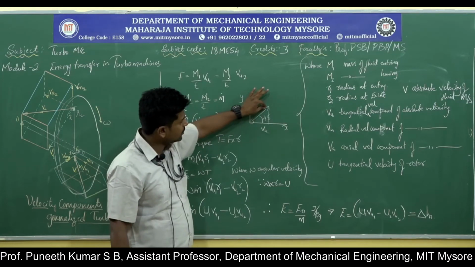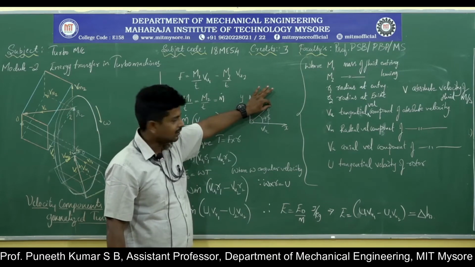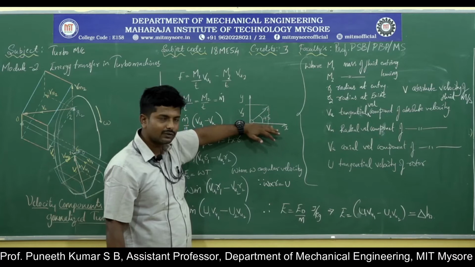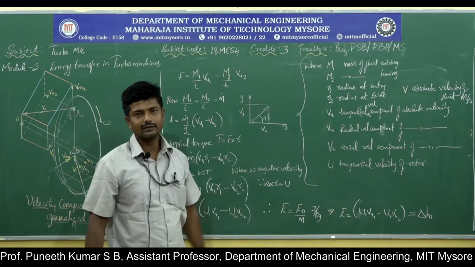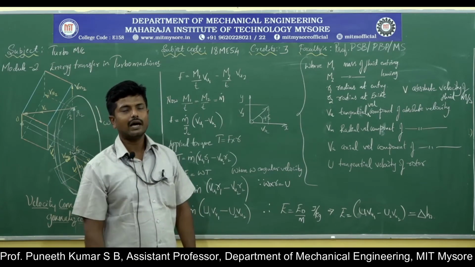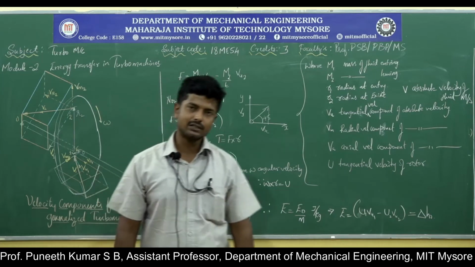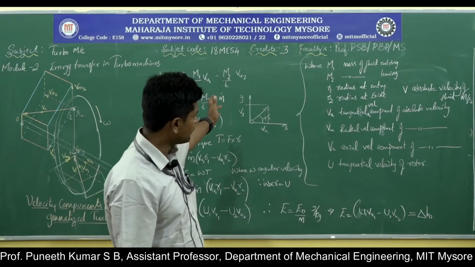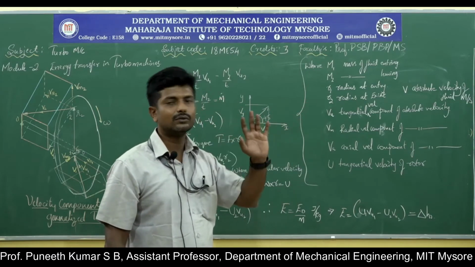Out of this absolute direction or velocity, I can resolve it further into two directions. Why? Because the ball is traveling in two dimensions. If it is traveling in three dimensions, I can resolve the velocity components in all three directions. Here I have just taken an example of two dimensions, so I am resolving it into two directions.